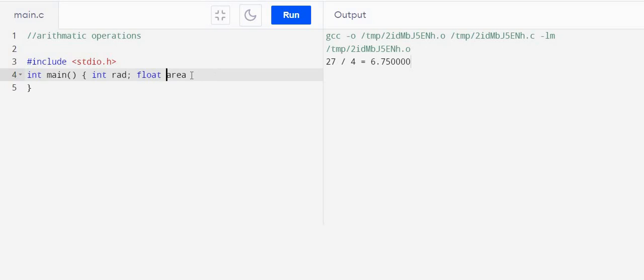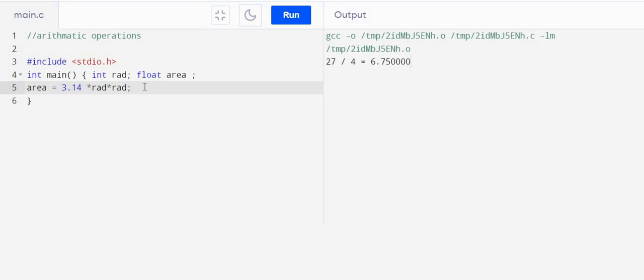So area will be float, but radius could be integer or float, anything. Now we have to generate area for this. So what is the formula? Formula we know, pi r square. So area is equal to, we have to give the value of pi, then pi star RAD. So pi r square.